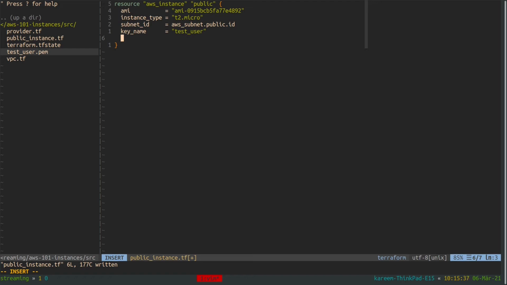Next I'm gonna define the security group. So let me create it first. And for the security group I need to define what ports are accessible for outgoing traffic and for incoming traffic. So for outgoing traffic, I'm going to allow port 80 and port 443 for all IP addresses, so for the internet basically.